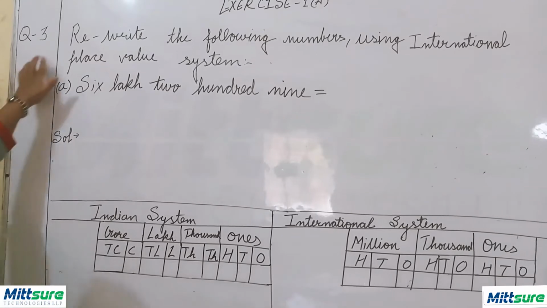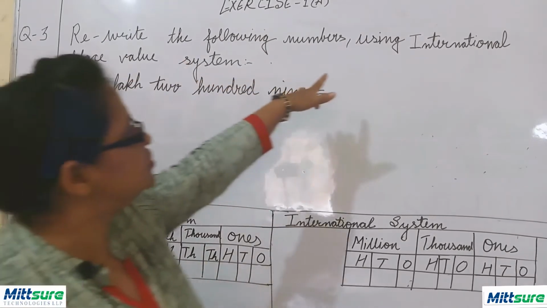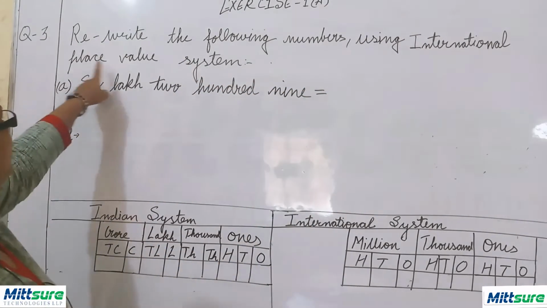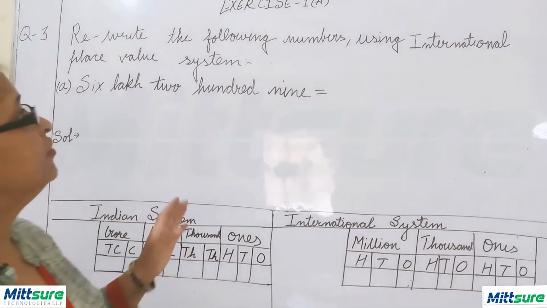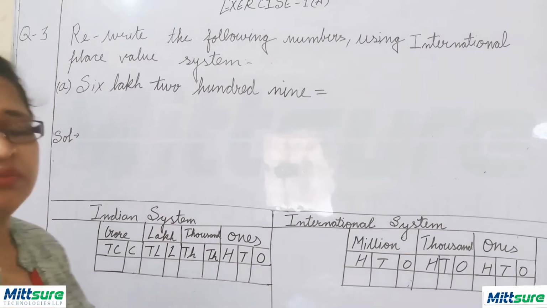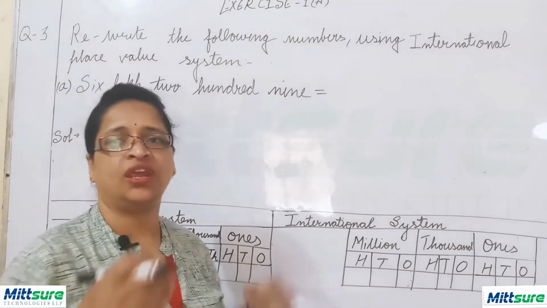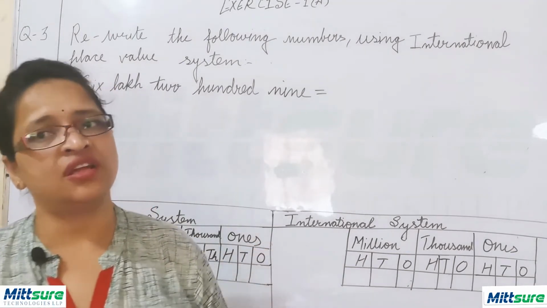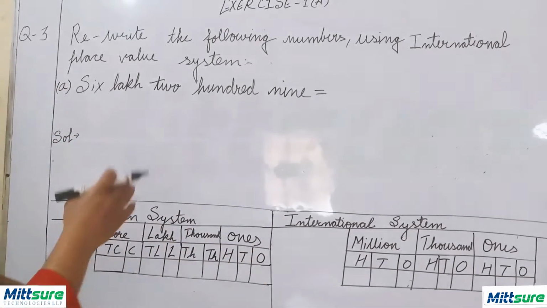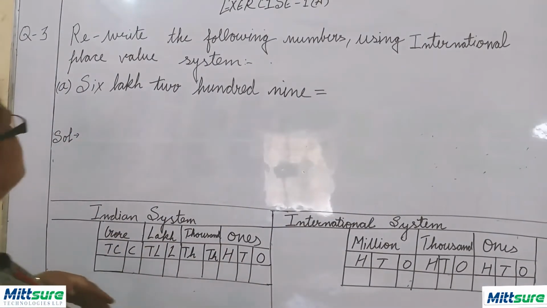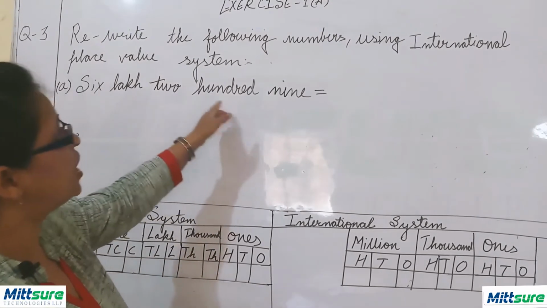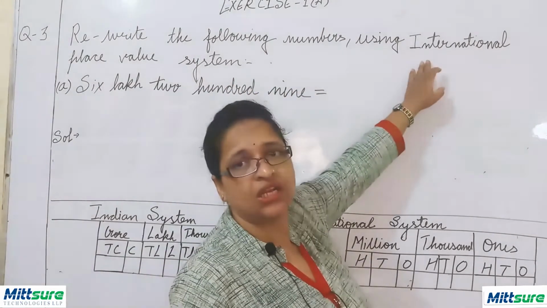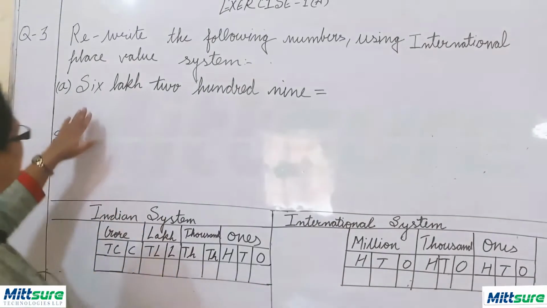Question 3. Rewrite the following numbers using the international place value system. Earlier in question 2 we changed the numbers from international to Indian. Now we have the Indian system and we have to convert this into the international system. Rewrite. This is the Indian system. Now I have to convert this into the international system. The number is